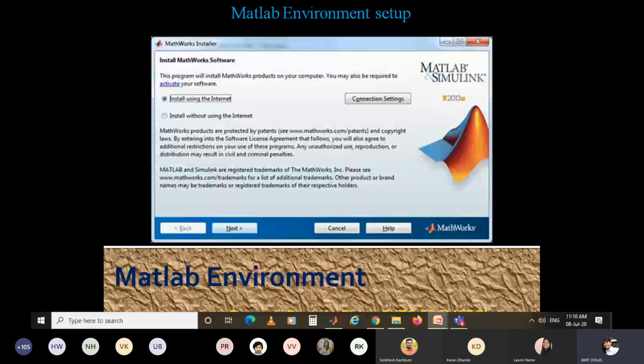All of you know how to set up software on a laptop. Just click on the setup file and follow the instructions, go for next, OK, and whatever license or terms and conditions it asks you to agree to, you have to go through that. So I'll just move this PPT. So this is the setup environment.